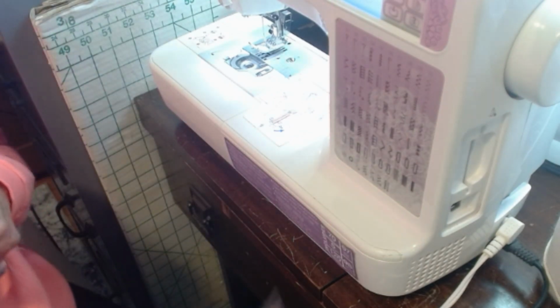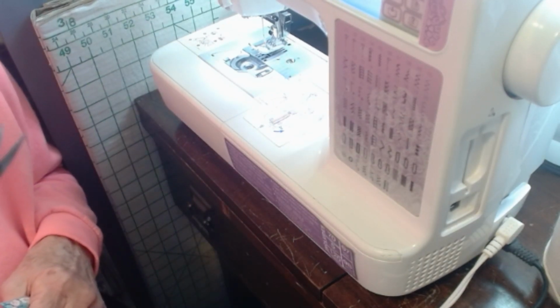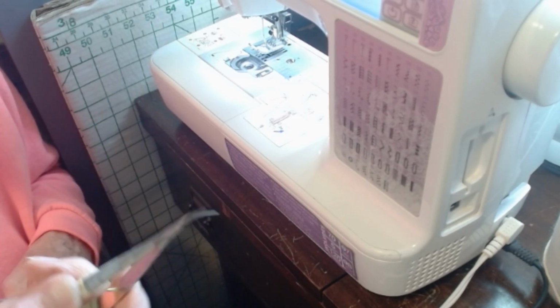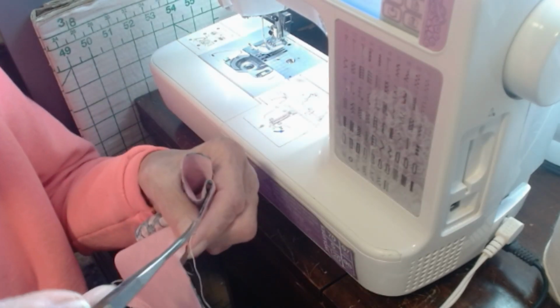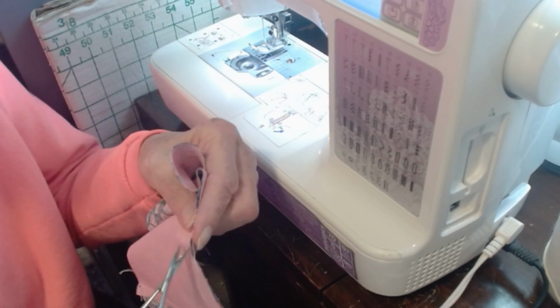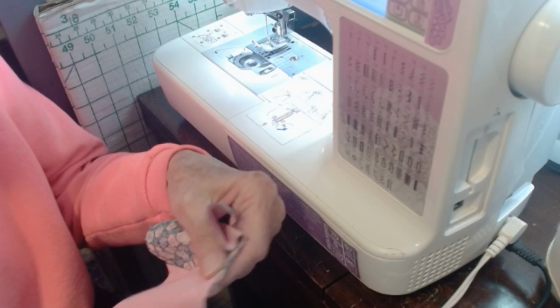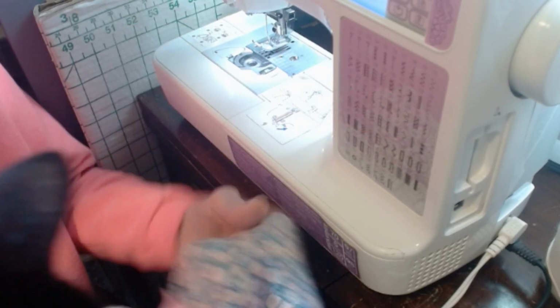And I don't know if you've ever seen any scissors like this, but these are just the handiest things I have ever seen. I actually bought these at a quilt show. But if I can find where they're for sale,